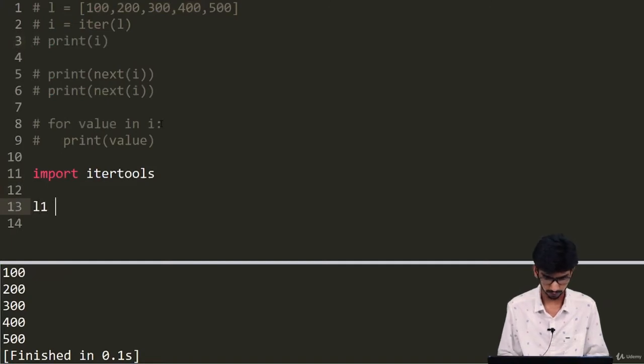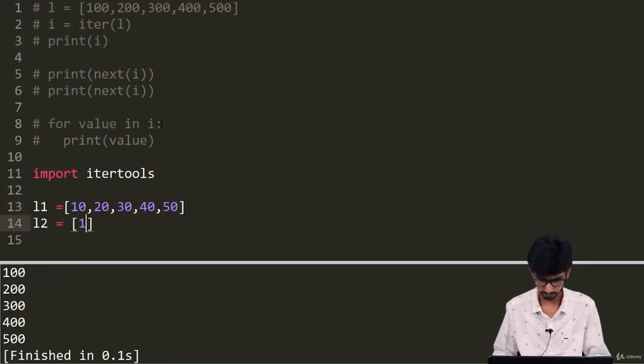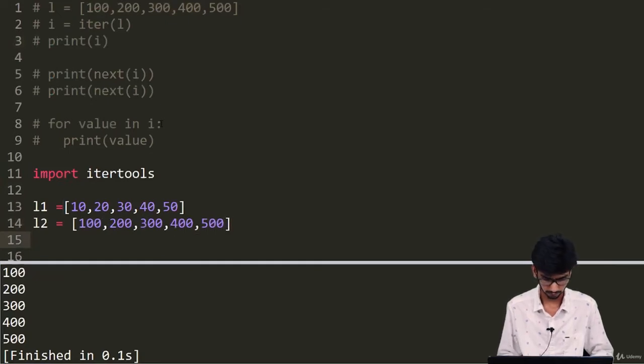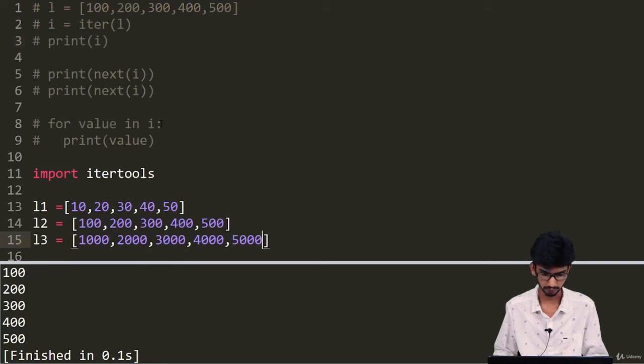Let's say you have multiple lists: L1 is 10, 20, 30, 40 and 50, L2 is equal to 100, 200, 300, 400 and 500, and L3 is equal to 1000, 2000, 3000, 4000 and 5000.